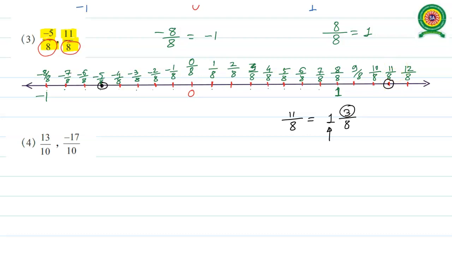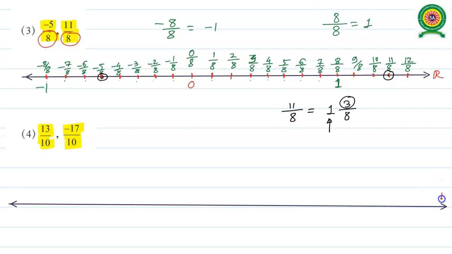Now look at the next rationals. We have 13 divided by 10 and minus of 17 divided by 10. So let us try to draw a number line like this. Somewhere on a real number line we have a 0. To the left of it we have the negative rationals, to the right of it we have the positive rationals. Now once the denominator is 10, we have to divide each and every unit place into 10 equal parts. So now make marks towards the right of 0 that are equidistant. You may take 0.5 centimeter or 5 mm. Like this we have to make marks towards the right of 0 and towards the left of 0 also.